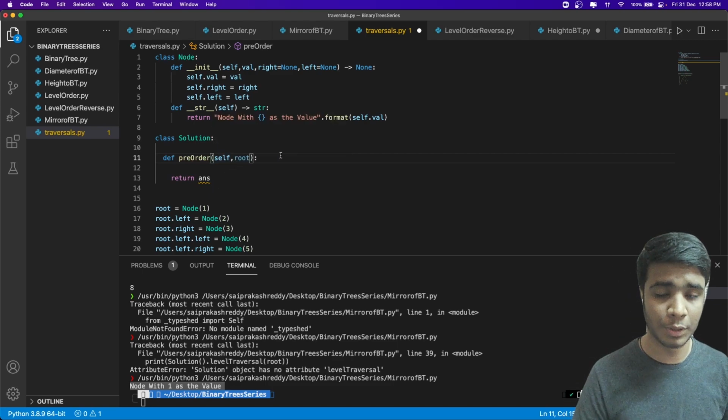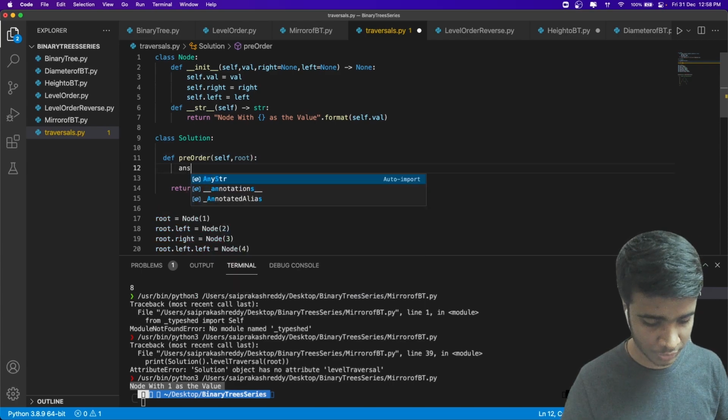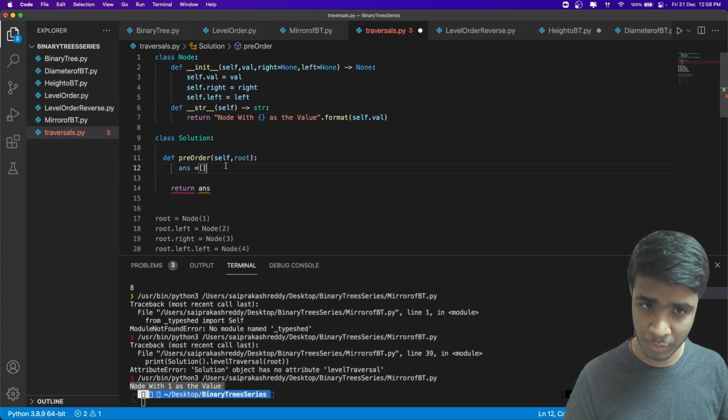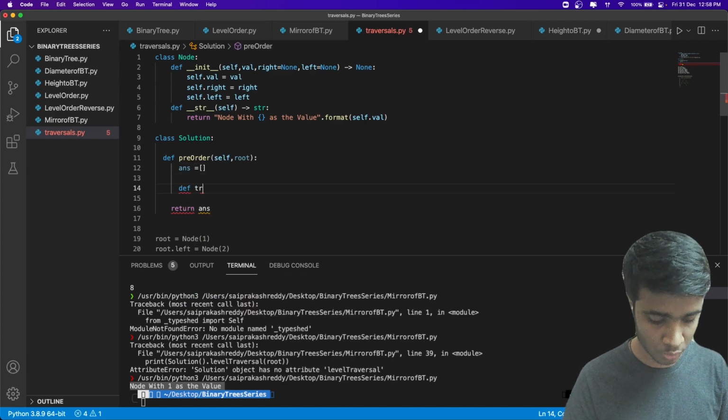When I say pre-order, initially I have an answer array here, and in the end I am going to return that answer. I am going to call a traversal here, and it is going to take root.